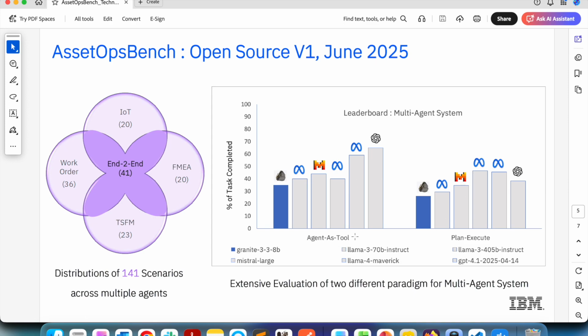With agent as a tool, as per the exercise, ChatGPT performed best, and when they go for plan and execute, they found that the Meta model has performed best, right? So this is the particular